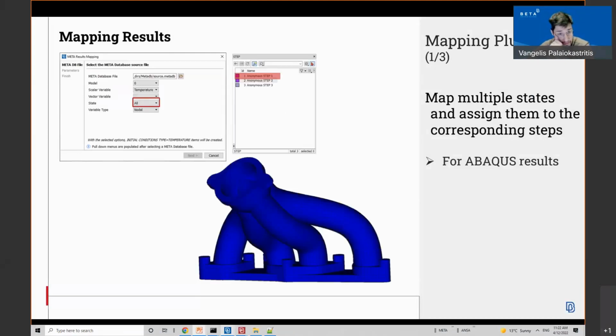This is done with the option All in the state drop-down menu, and this will perform the mapping for all the states, and all the created entities will be assigned to the corresponding steps. This option is available only if the results that come from Meta can be mapped as history data, so they can be assigned to different steps.